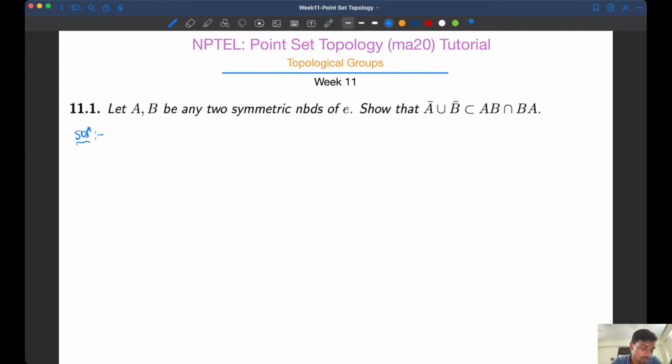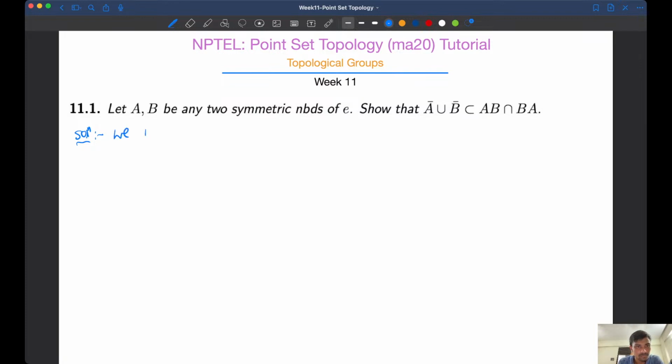Then this is automatic. It's the intersection of all the symmetric neighborhoods. A closure is the intersection of AV, where the intersection is over V, where V is a symmetric neighborhood of E. Exactly. So in this case, as A and B are already symmetric neighborhoods of E,